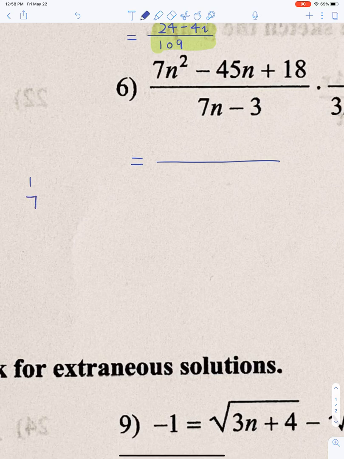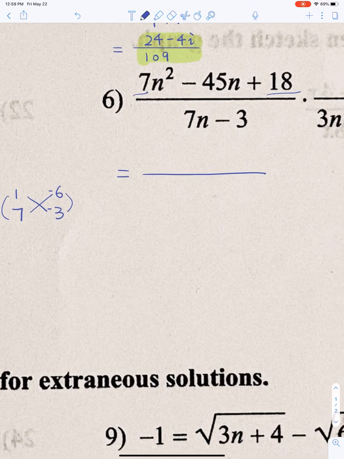1 7 3, 7 21, 6 7 42. Okay, we can do that. 6 7 42, 3 6 18, 3 times 6 is 18. And 1 times 7 is 7. And 42 and 3 makes 45. Cross multiplication. So we need negative numbers. So we can dismantle the top into n minus 6 times 7n minus 3. On the bottom is n minus 3